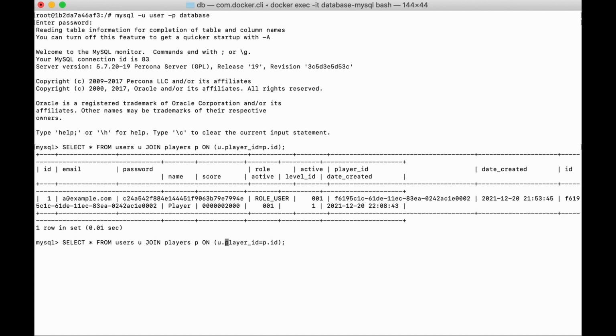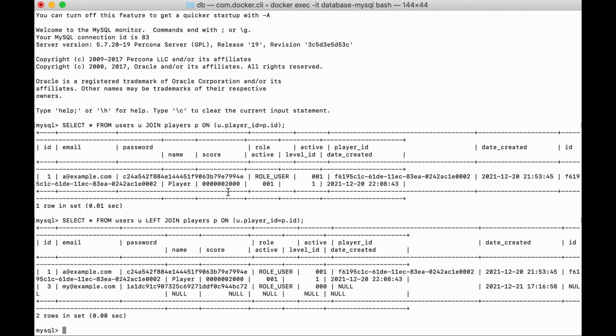Okay, to see the difference between join and left join, let's search for users that don't have registered players. With the result of the previous query, we see 1, not 2 results. So now by a simple where, we can find users without players.